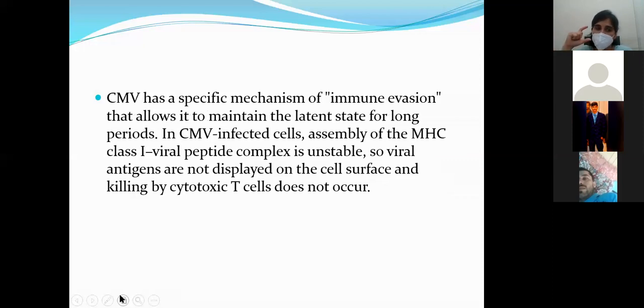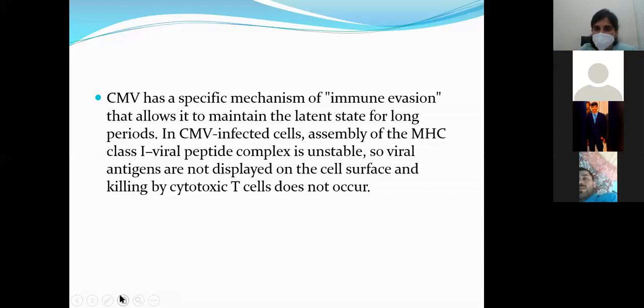And one thing more, I told you in the previous lecture, whenever there is latency, when the virus is present in the latent state, it is present within the cytoplasm of the cell. Okay, it is not present within the nucleus. Whenever it enters the nucleus, again the replication will start and you will have the secondary infection. In the latent phase, the virus will remain in the cytoplasm of the cell. It will not go into the nucleus because in the nucleus the replication will start. Okay, in the latent stage the virus will remain in the cytoplasm.